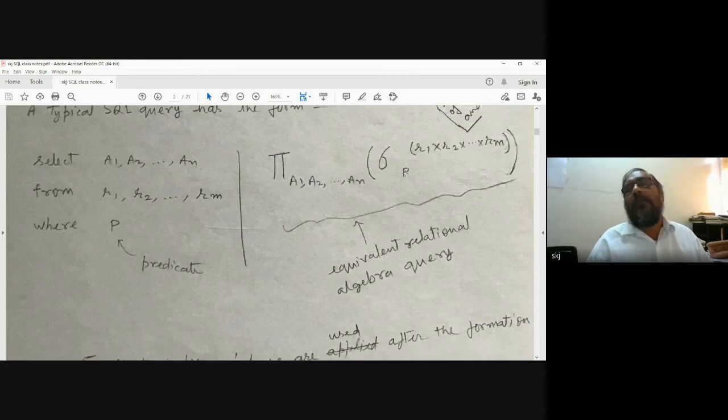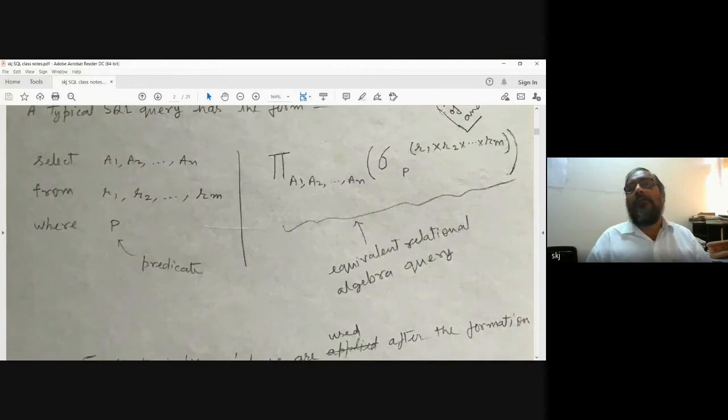First of all, the Cartesian product of all the tables or relations will be computed, and this condition will be tested on the entire Cartesian product result. Based on this condition, the relevant tuples will be selected. Those tuples constitute the intermediate result, and from that result we only take these columns or attributes and display them as the result.